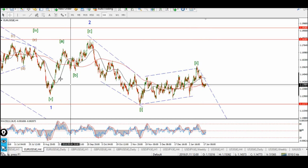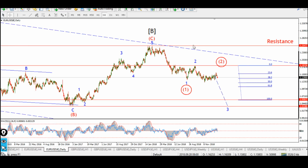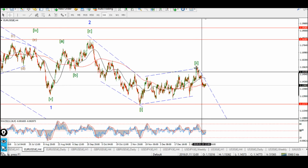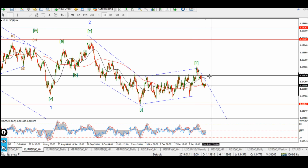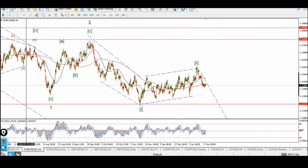So I think we're working on, you see here we have a larger degree wave 1 and 2. You can see that on the daily chart. So we've got a 1-2, 1-2 pattern, and we may be working on a lower degree 1-2 around this previous wave 2 high. The idea from here is to close out that 5 waves down and to look for a counter trend 3-wave rally to give us a bearish impulse wave off that wave 2 high, which in theory should give you a corrective lower high. It lowers the risk, and you should be aiming with a break of that inner B wave there. So let's get down into